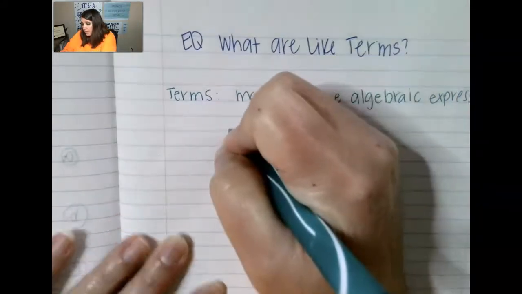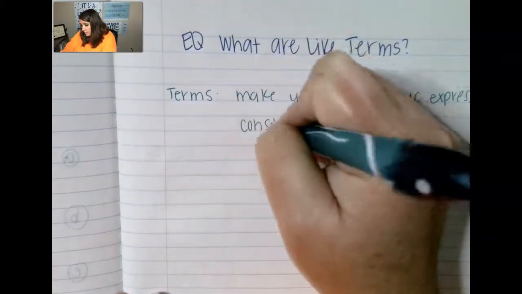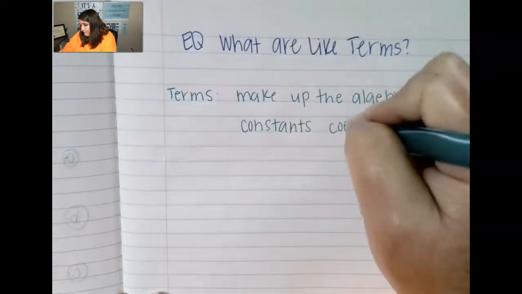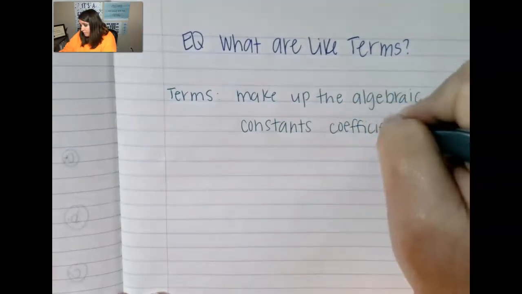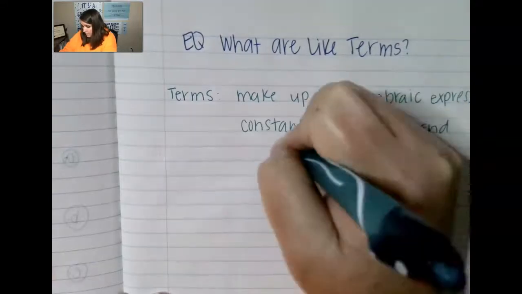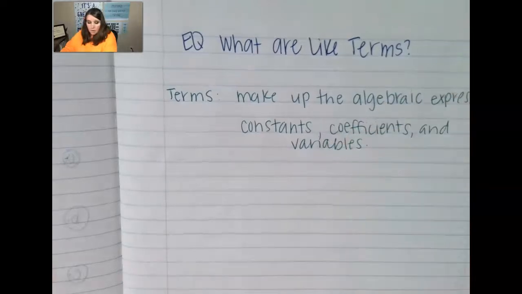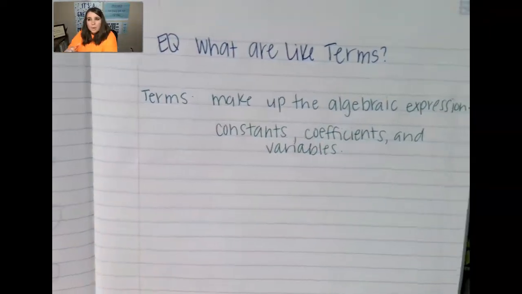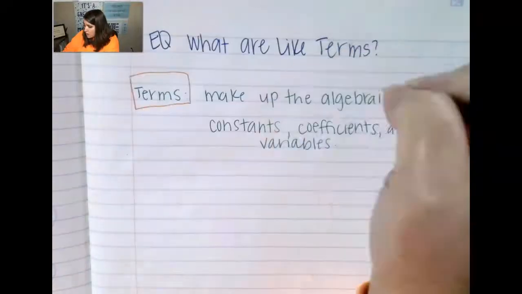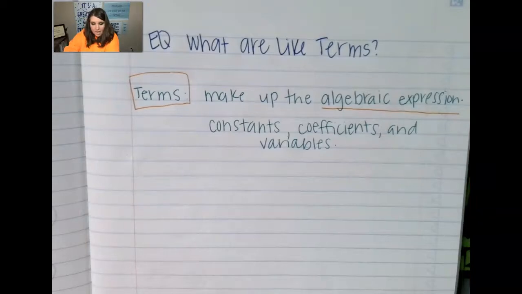So these could be things like constants, coefficients, and variables. So there's all these different things that go into making up the terms. So the terms are the parts. When we're looking at the terms,